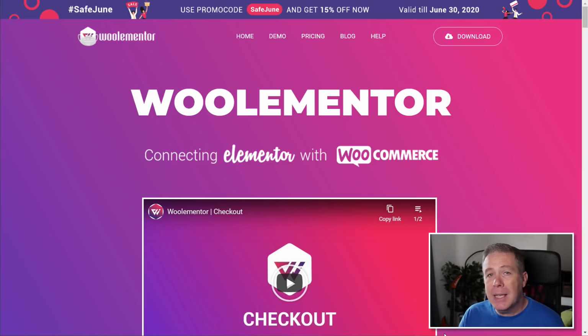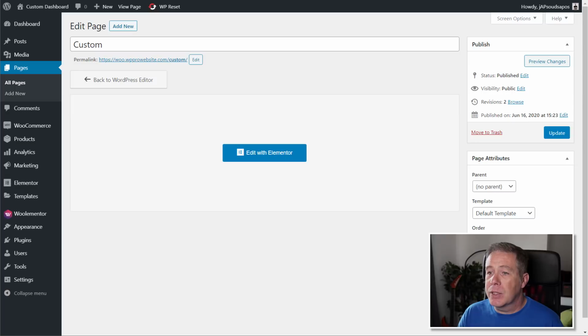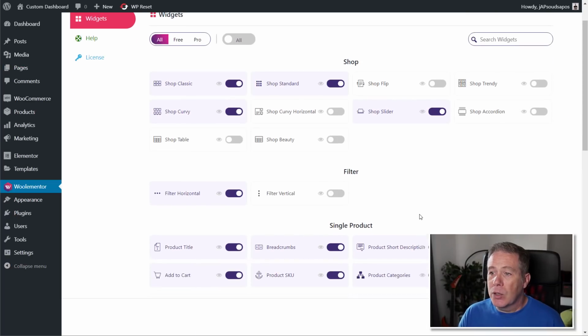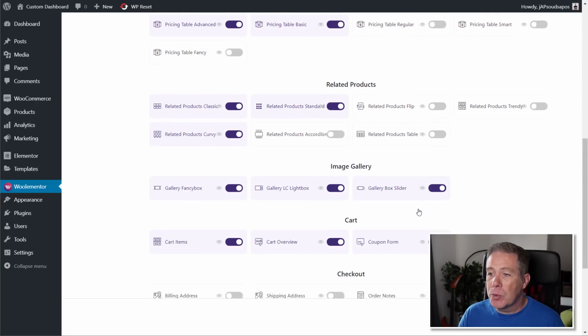So with that being said, let's take a quick look now at what we've got available. I've got the pro version installed, but I don't have the pro version activated just yet. I've disabled all the pro add-ons. So we come back over to the dashboard. If we come into Woolementor and open that up, you can see all I've got are the free options